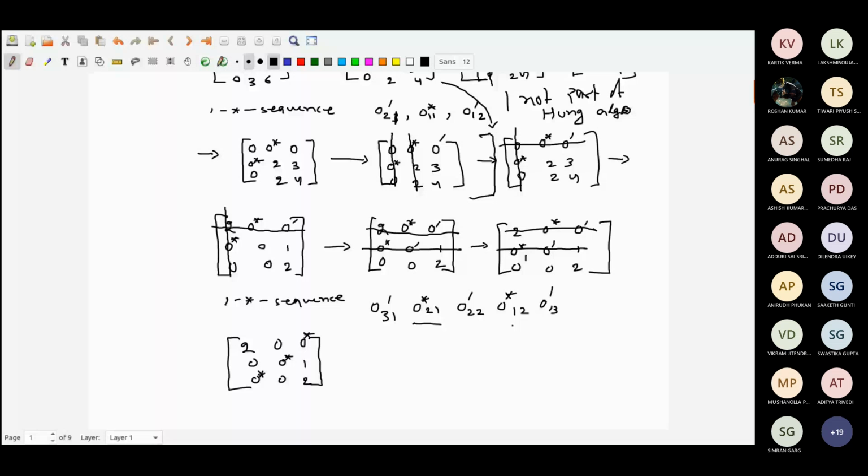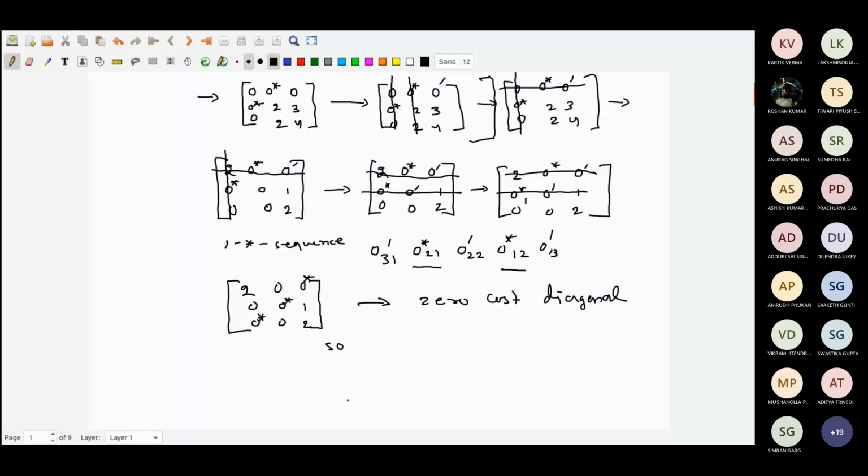So that's when you have found, you already have got a zero cost diagonal for this matrix. So therefore this is the minimum cost, or rather a minimum cost solution, is